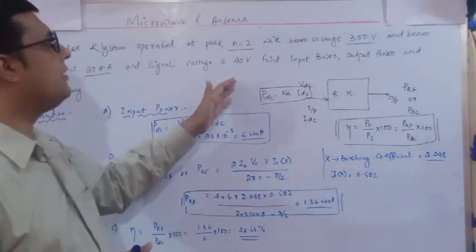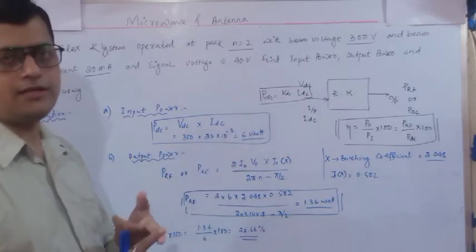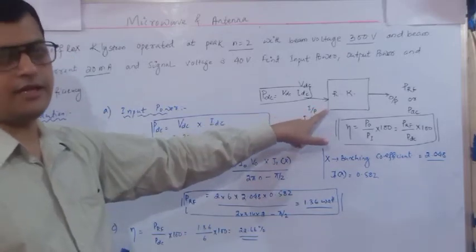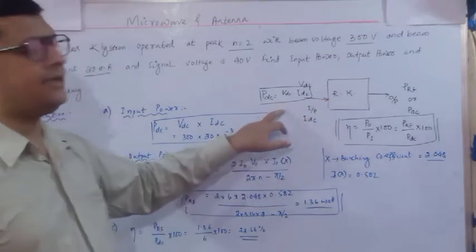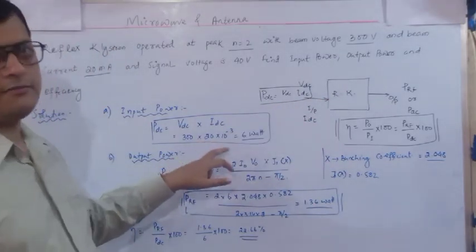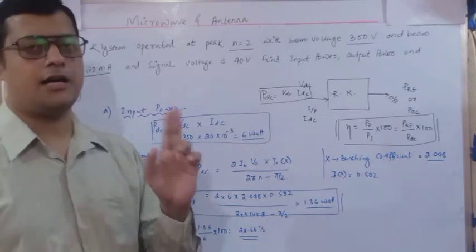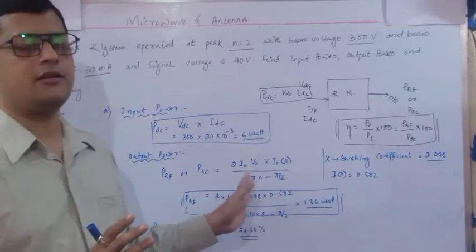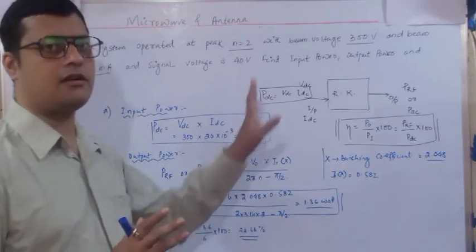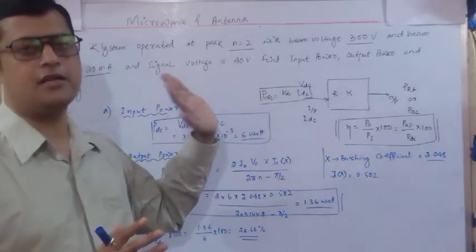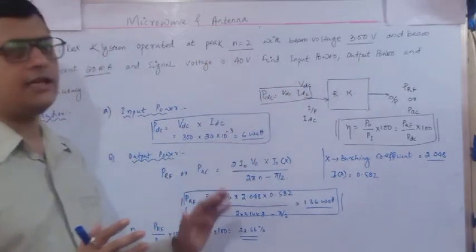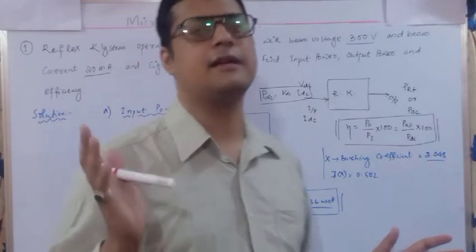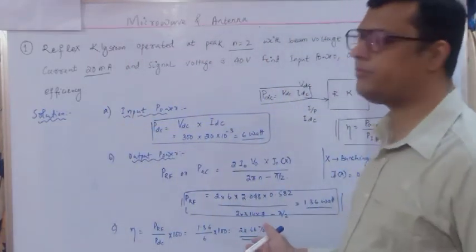Here I have asked only for understanding purpose: what is the input power, what is the output power, and what is the efficiency of this reflex klystron. Okay, so here RF output power is less than the DC power as we have calculated, but if your RF output power is greater than the DC power, that means your calculation is wrong, you have made some mistake, so you have to rectify it. So your RF power must be less than your DC beam power. Then we can judge the efficiency is near about 22.66. Maximum efficiency for a reflex klystron is 22.7%. So here we have got 22.66%.